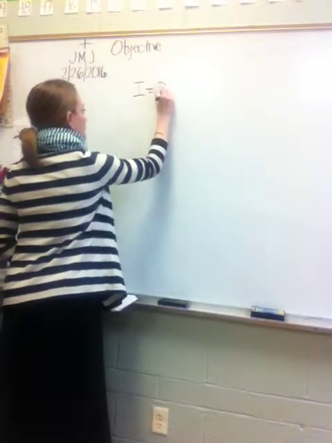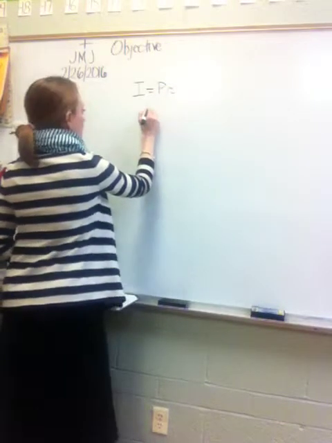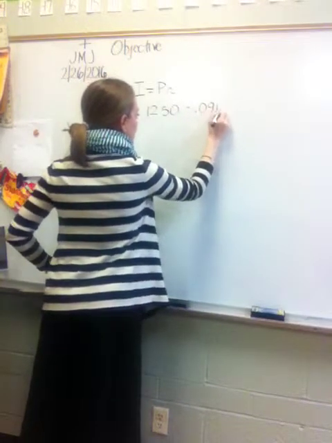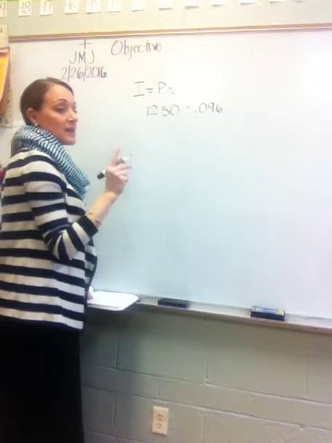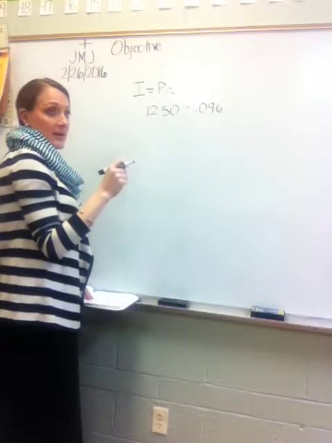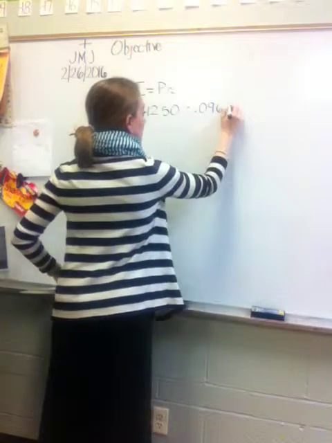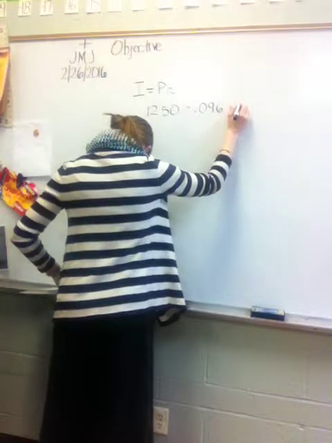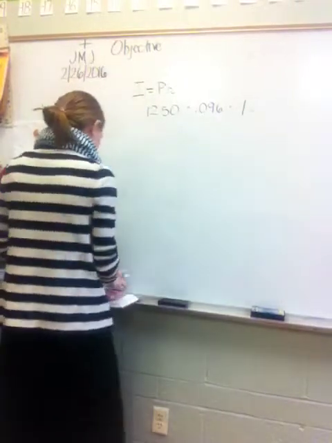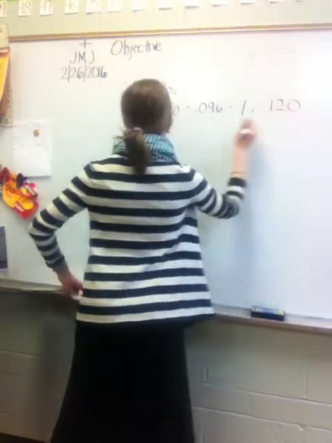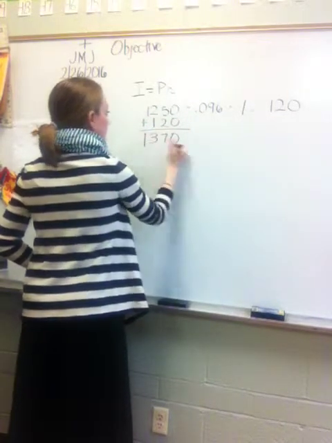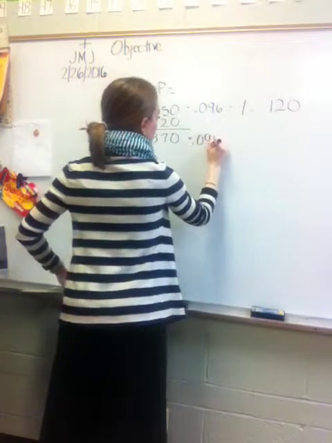Interest equals your principal times your rate times your time. So my principal is $1,250. My rate is 0.096. This is where you could have gone wrong and done 0.96 instead of 0.096. Anybody looking at their math for that? Times 1. So what is that? 120. Add that plus my 120 and I get 1,270 times 0.096 times,